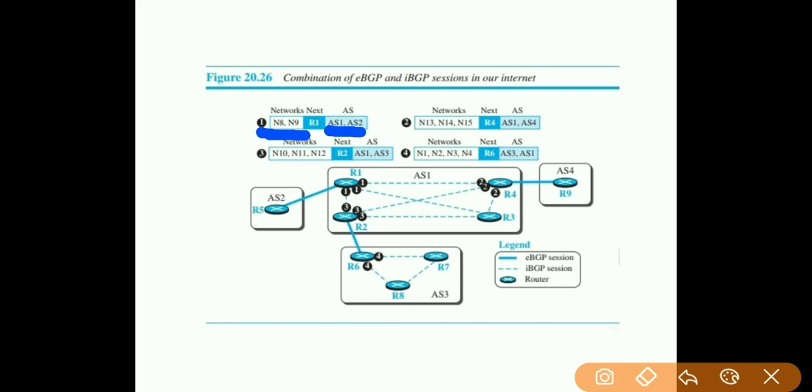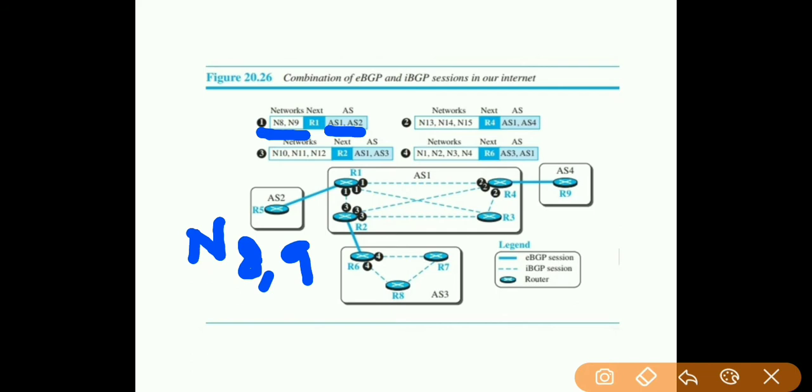R1 can communicate the message to all the routers here, and it will inform them about the networks in AS2. N8 and N9 are the networks available in autonomous system 2.